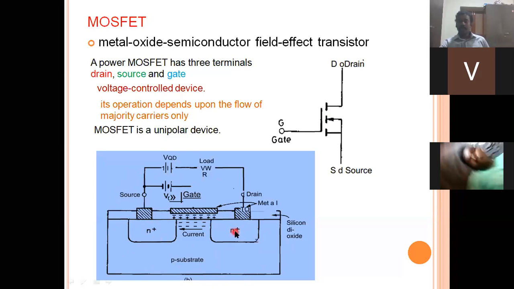On this substance you are going to have an insulating layer made of silicon dioxide, and after that you are going to have the ohmic contact, that is going to be the metal contacts provided. So both these n layer and n plus layers are going to be forming two terminals of the device, source and drain. The other terminal, which is the control terminal, is going to be provided as the gate, which is fabricated over the insulating layer.